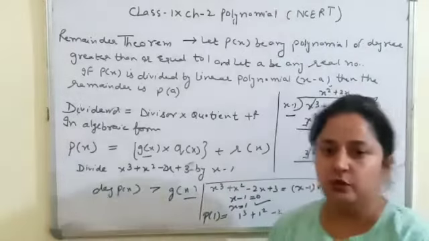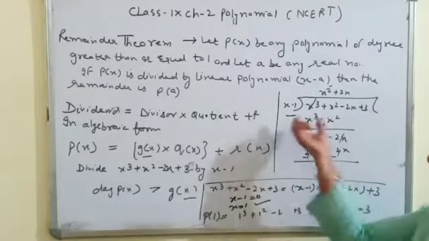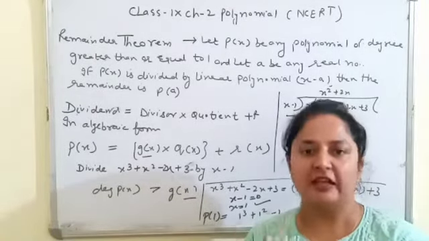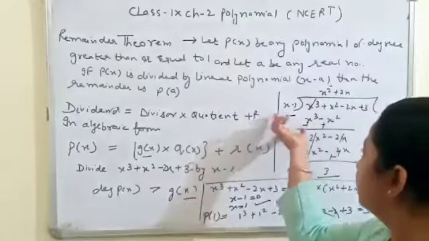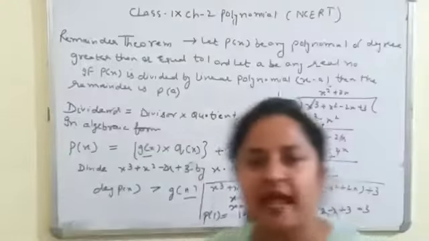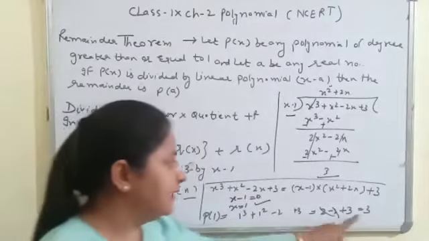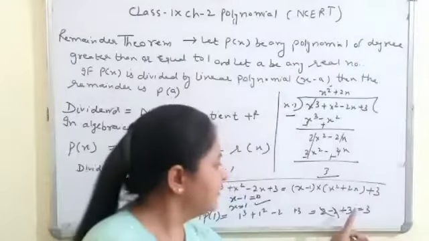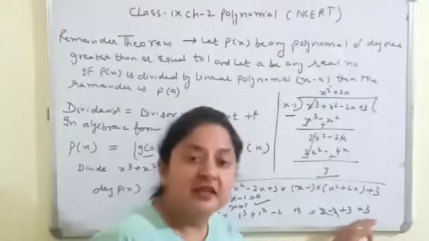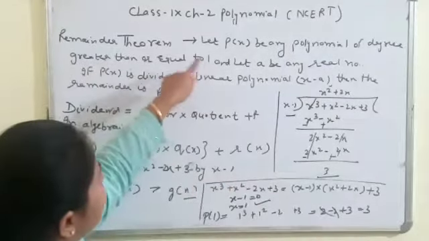What I want to say is, when we apply this division algorithm rule, and after putting the divisor equal to 0 and finding its zero, substitute that value in the given polynomial. After substituting this value, you will get a result, that is the remainder. You can see in both cases the remainder is the same. So in this way we can find the remainder of a polynomial by using the remainder theorem. Yes, here you can see what I am writing here.